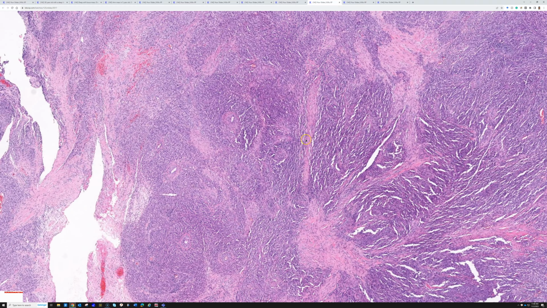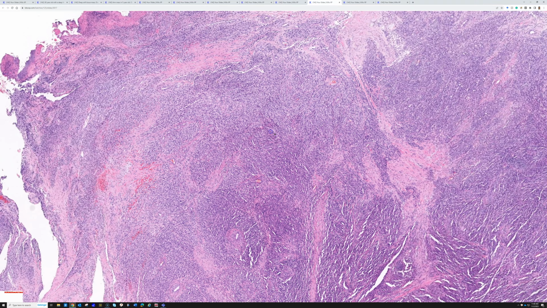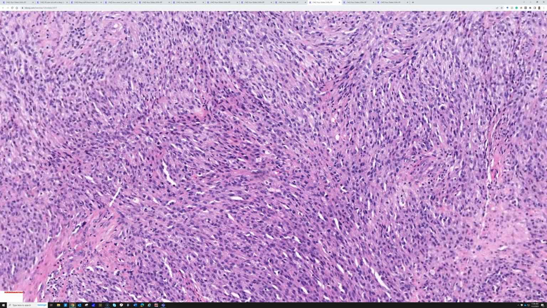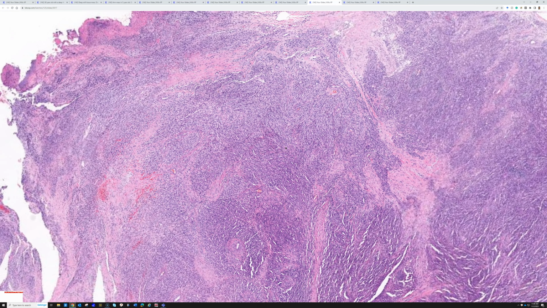It works very, very well. And so that's human herpesvirus 8, which is the virus that drives Kaposi sarcoma, both in the setting of AIDS and HIV, and also in the setting of classic type Kaposi, which, if I recall, is what this case was. It was an elderly adult who did not have any history of HIV or AIDS,